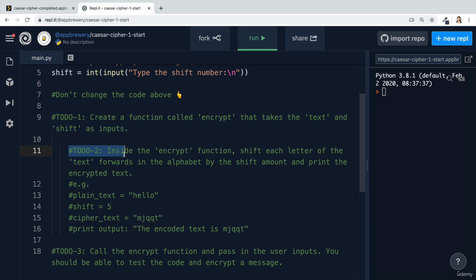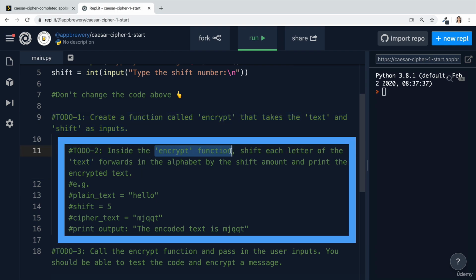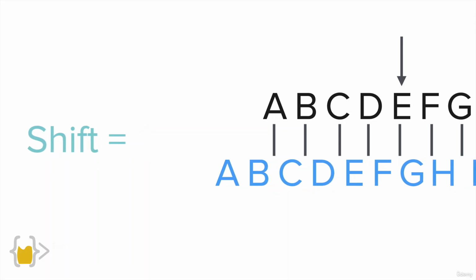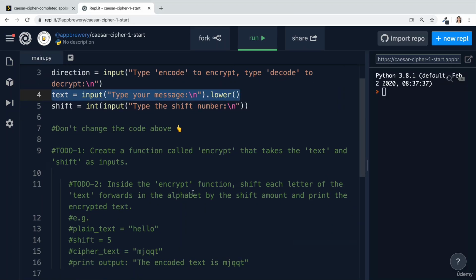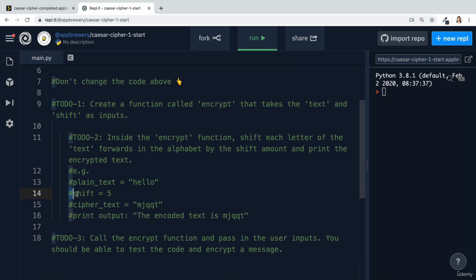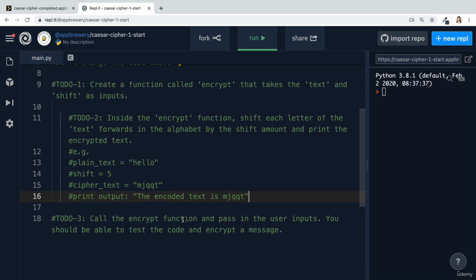And then once you're done with that, step 2 is to go inside the encrypt function that you just created and shift each letter of the text forwards by the shift amount. So again, as we saw before, a shift of 1, a shift of 2, a shift of 3 basically just moves the characters forwards so that each letter of the alphabet becomes a letter of the alphabet much further down the line. And let's say that the user entered the text hello, and if we tried a shift of 5, then the end result should be MJQQT,